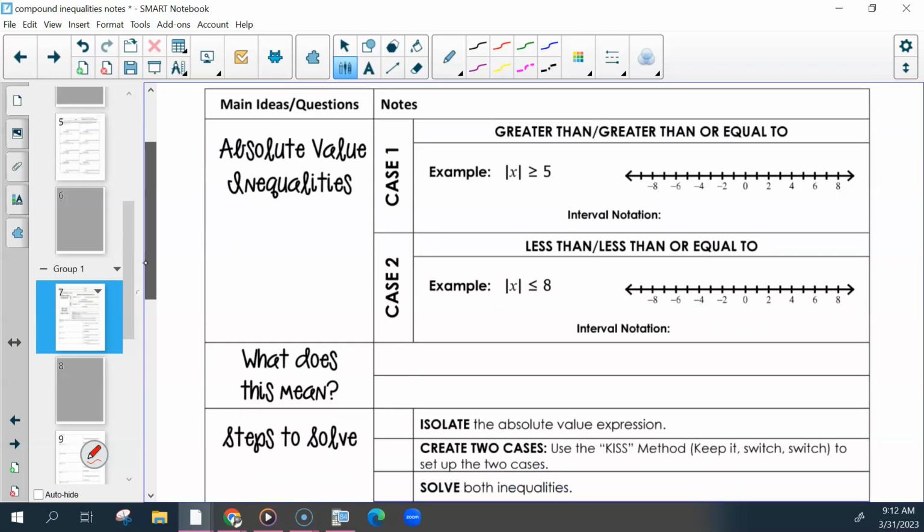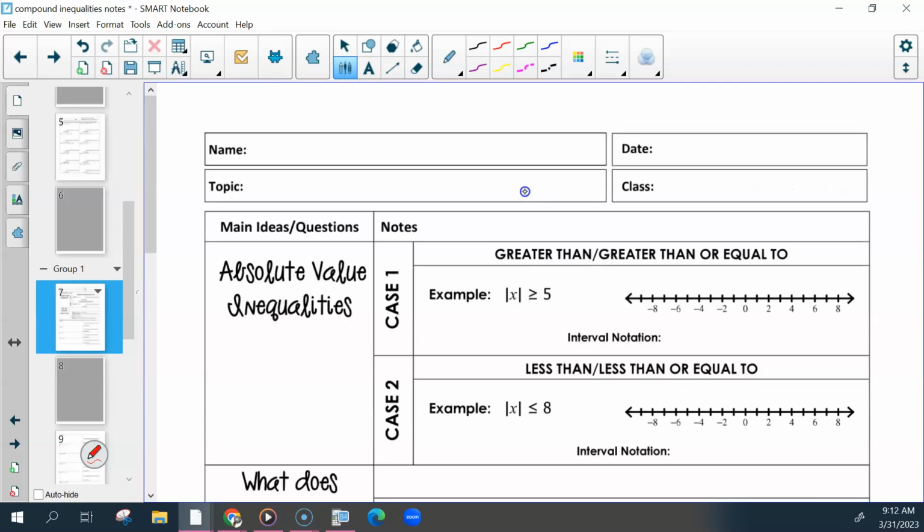So what's nice about absolute value inequalities is that we basically already know how to solve them because we've solved absolute value equations and we did compound inequalities, and it's like a combination of those two. But let's talk about these cases first. So when you have greater than or equal to,